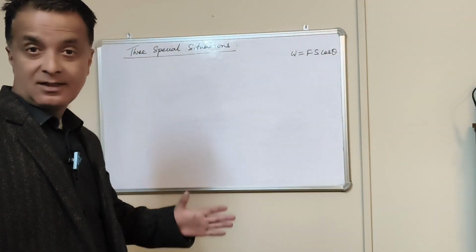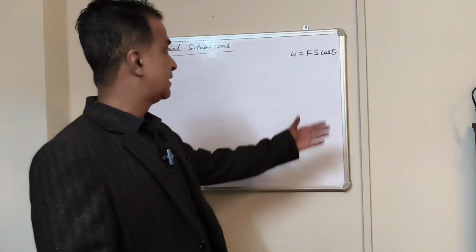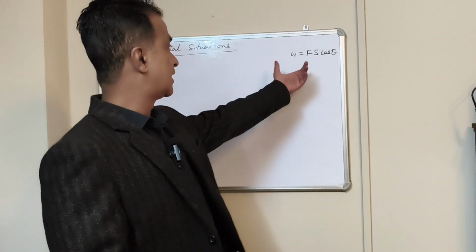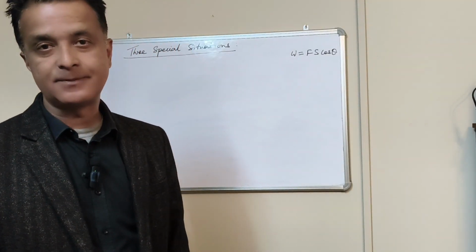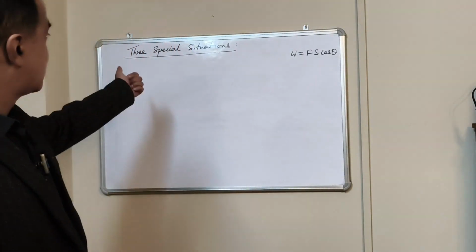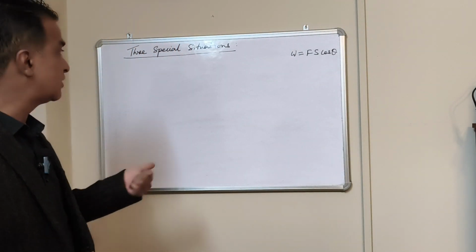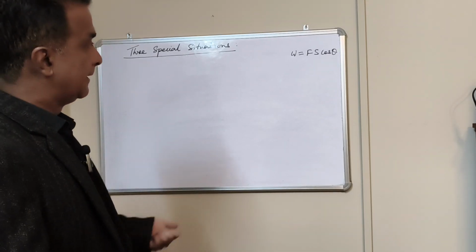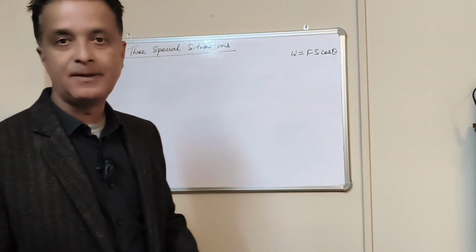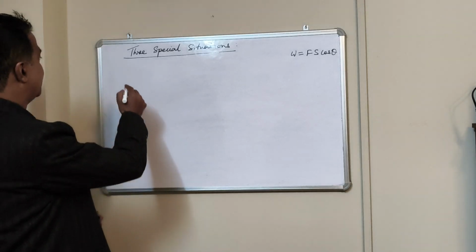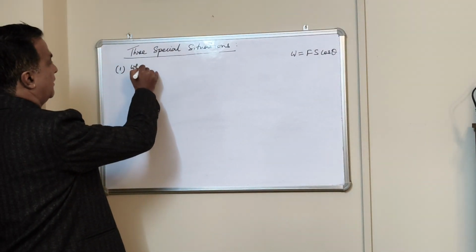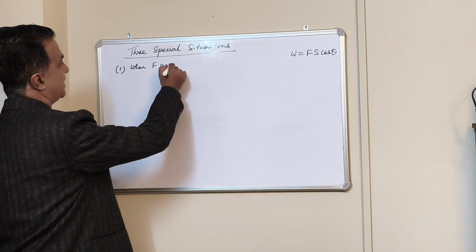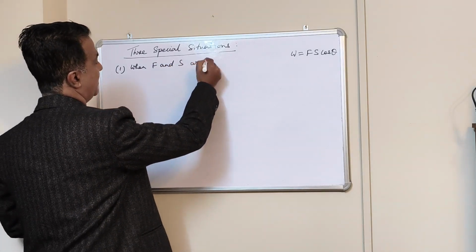So in the previous video, if you remember, we had derived the general expression for work as Fs cos theta, where theta is the angle between the force and the displacement. Now today, we are going to try and understand three special situations which would occur involving the angle between force and displacement. Situation number one: when force and displacement are parallel,